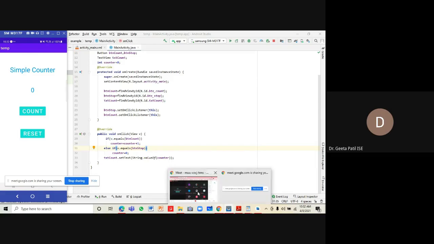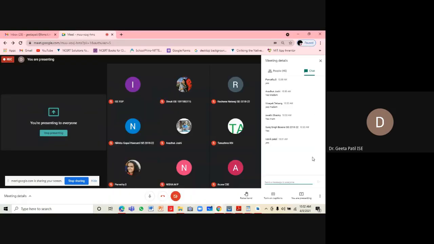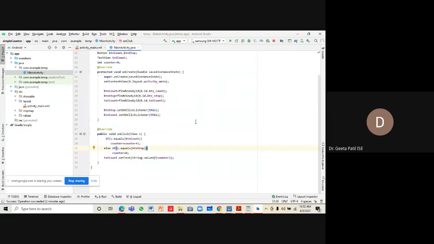Let me quickly check how many of you have installed this. A couple of you have installed it. Can you run this code and check? You can note down this code and execute it. If there are any problems, let me know, because based on this, the requirement for threads will be clear to you.